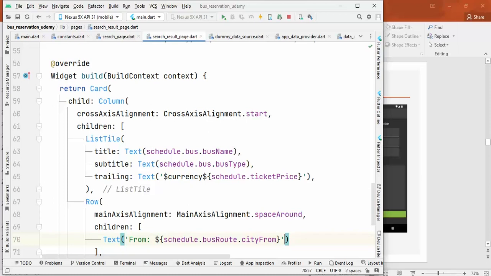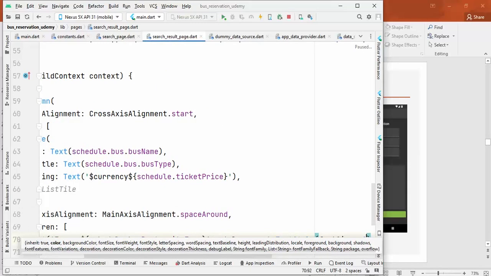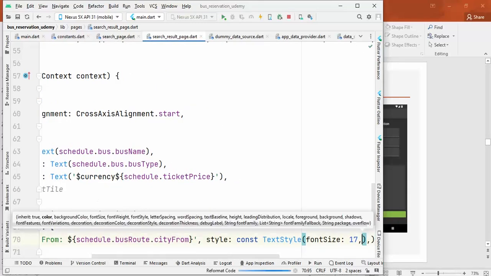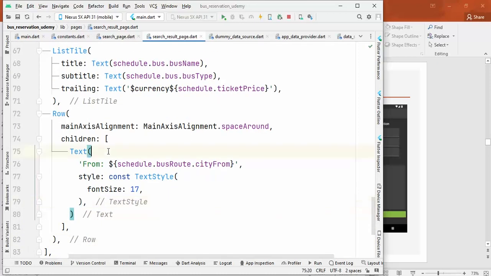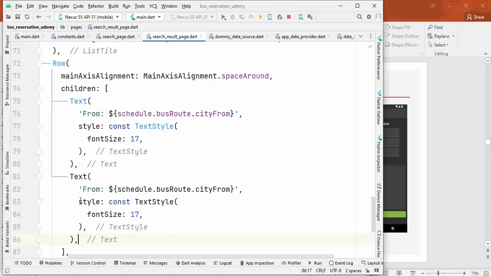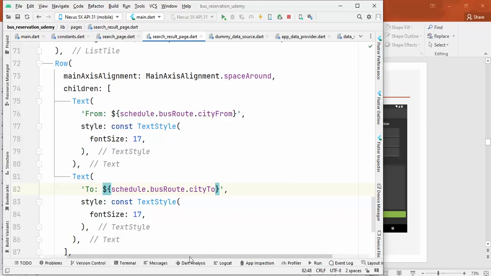I want to add some style as well. So constant text style, the font size, say 17. Let me format this code. And as the second child of this row, I want to have another text widget. I'm just copying it and pasting right under this text widget, and this will show the to city. That means city to. And now that we have